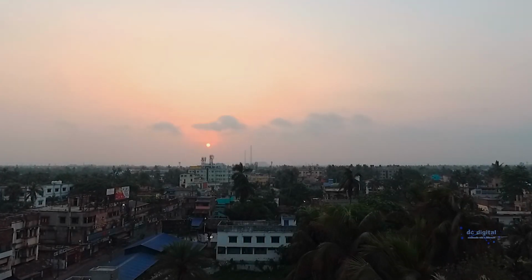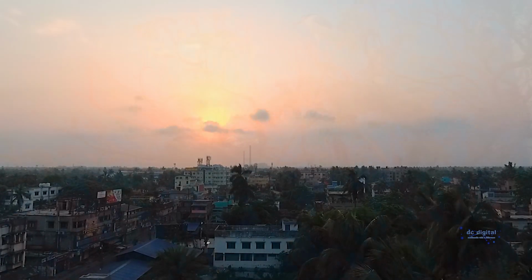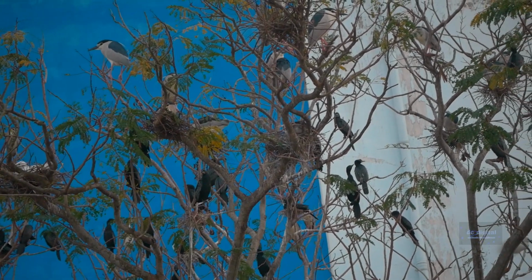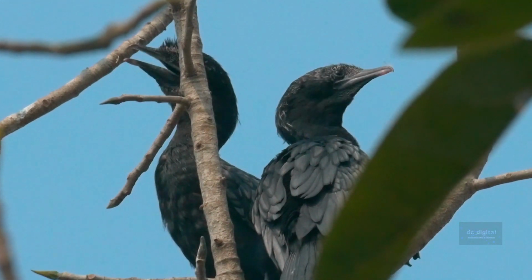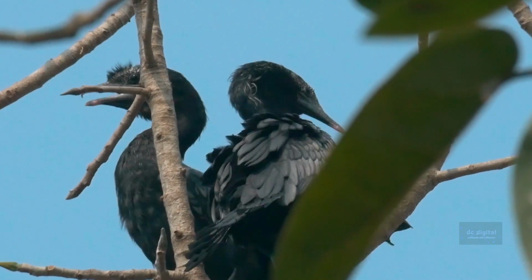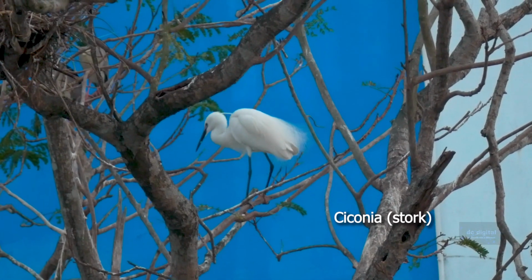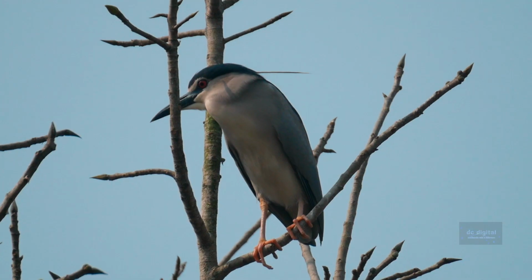As the sun rises in the eastern horizon and the day progresses, the activities on those trees come into view. Specifically, 3 species of birds are noted. One from the cormorant family, the Indian Cormorant, locally called Pankouri, and 2 birds from the stork family: the grey-white stork